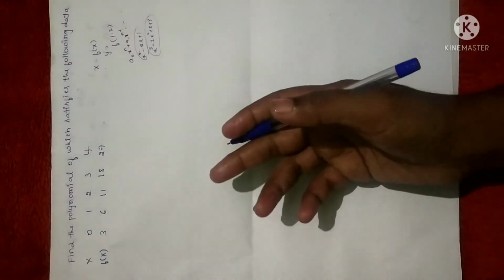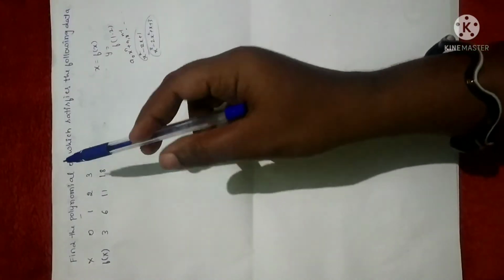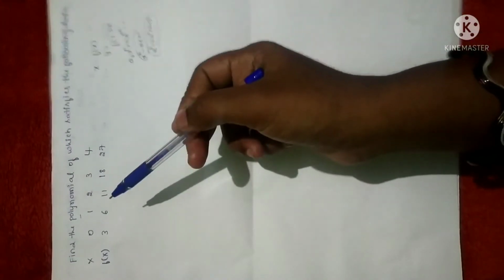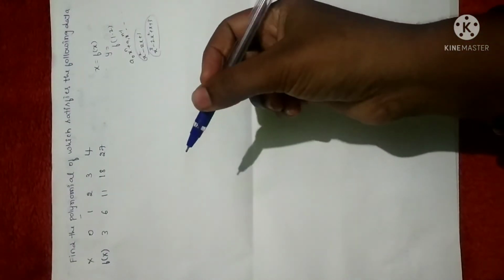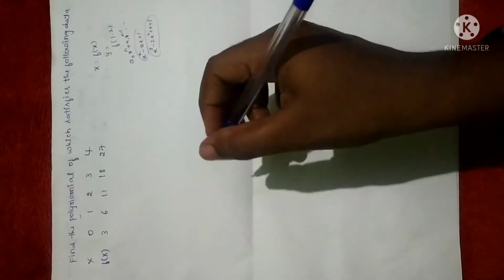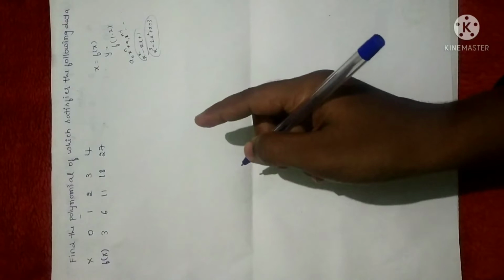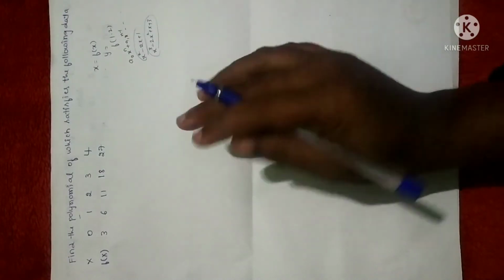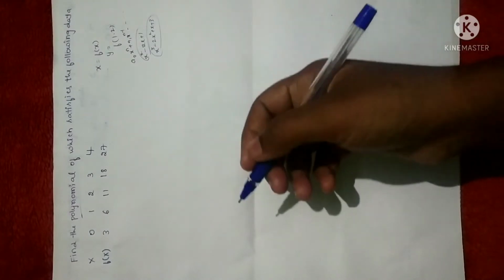So here the problem is given. We need to construct a polynomial, no matter whatever the order may be. In the examination, if they ask you to construct a polynomial, as we already did this concept in Lagrange interpolation, if the method is not particularly mentioned, either you can use the Lagrange interpolation formula or you can use Newton backward or forward difference formula. In both methods we can construct a polynomial. I have already completed Lagrange's method of constructing a polynomial, so in this session let me construct a polynomial using both Newton forward difference interpolation formula as well as Newton backward difference interpolation formula.